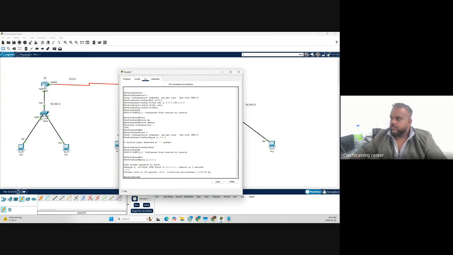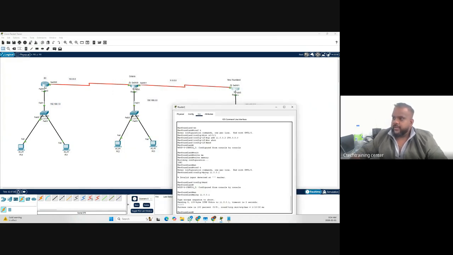Perfect. So the Newfoundland port can see this 11.0.0.1. This router's end port, and these end ports can see each other. Now, if we even try to ping the 10 dot, the other side, 10 dot on the same router itself, different port, okay? So what we're going to do is we're going to do